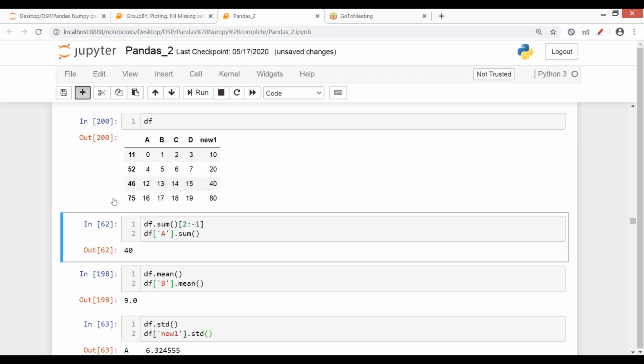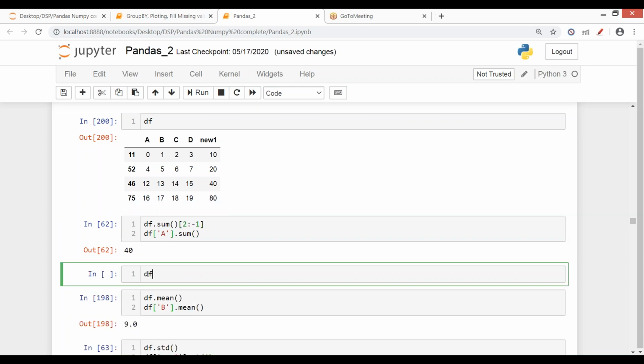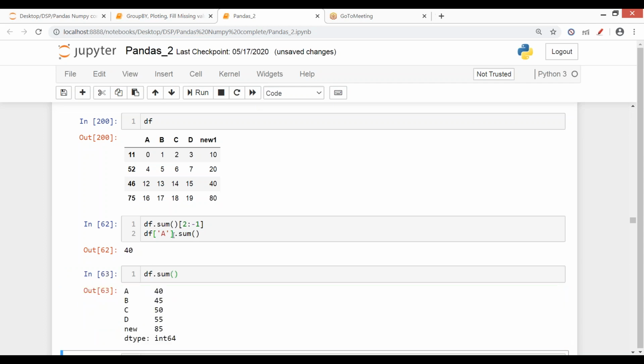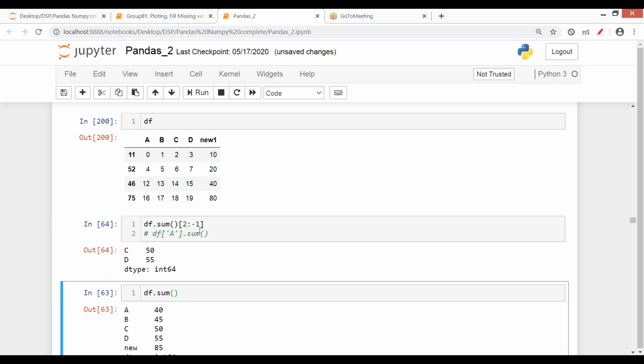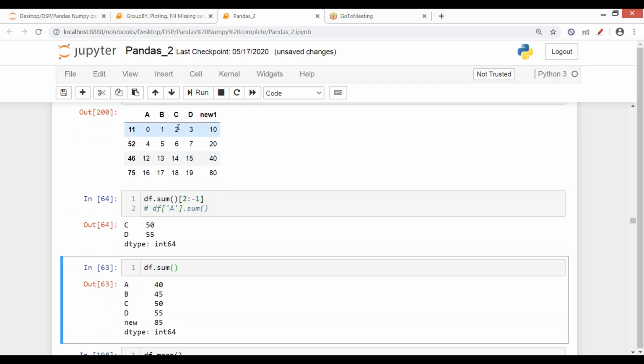Just give me a second, I'll show you. What is the sum of column C? Or let me do for new one then.